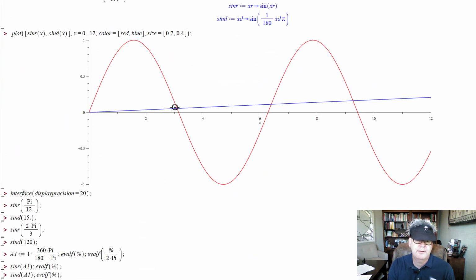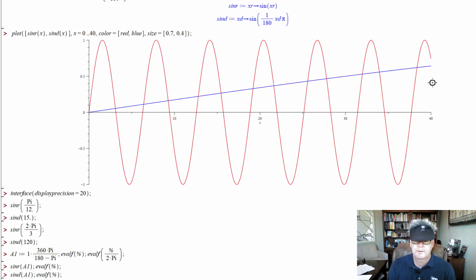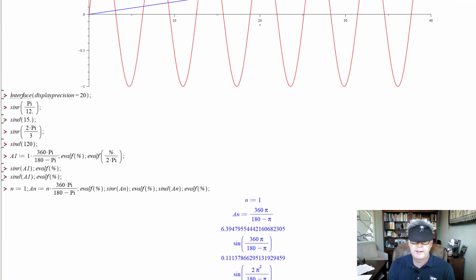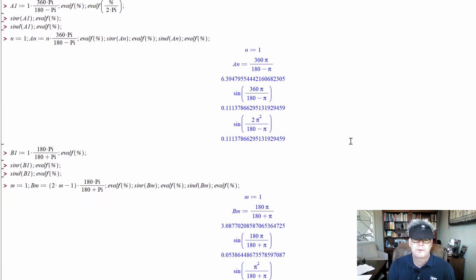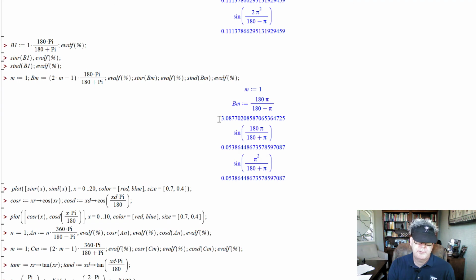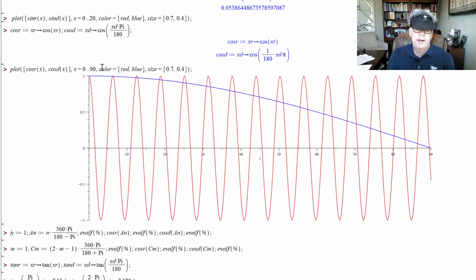Right, so I've got the 3 one. I mean, it's more than 3, but 3, and then triple that, and then 5 times this, and so on. And then here's the 6, and then double. And so those are the intersections for the sine. So even multiples of this 6.4, odd multiples of the 3.08, no less than pi. So here's the graph of cosine